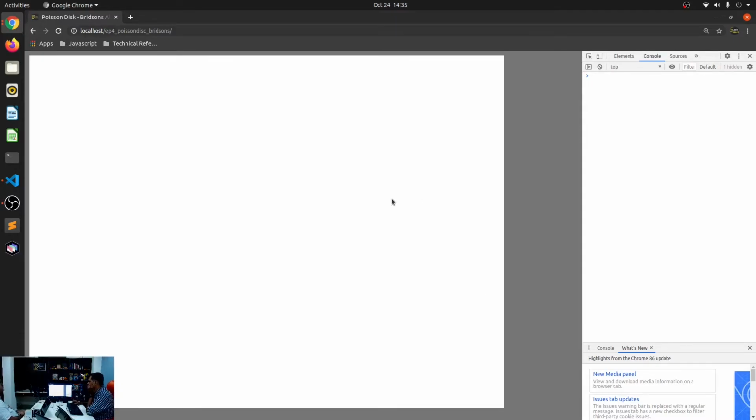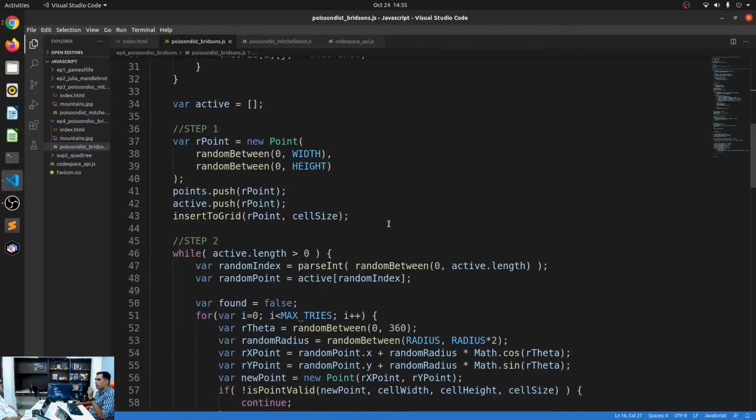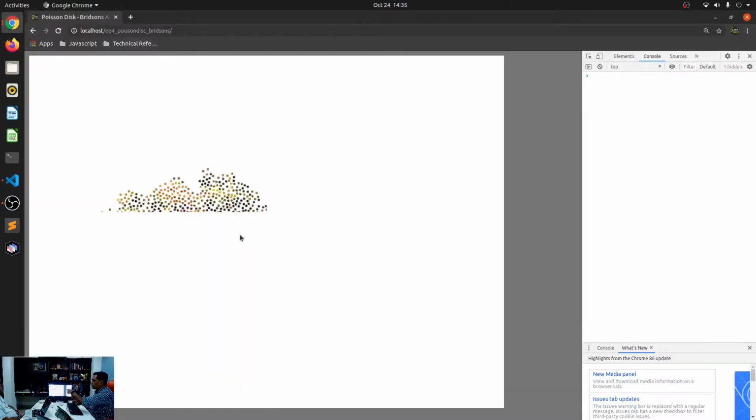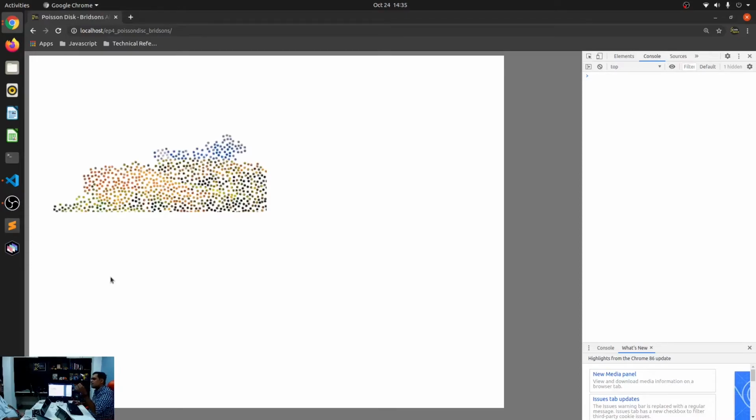Now what? No, it is drawing it, but on that spot there is no image. Wherever it is drawing, the image is not there because we've said no-repeat. What happens if I say repeat? Now let's see what happens. You can see it was actually drawing these points over here, but the image isn't there because I've given it no-repeat. That's why you couldn't see it.